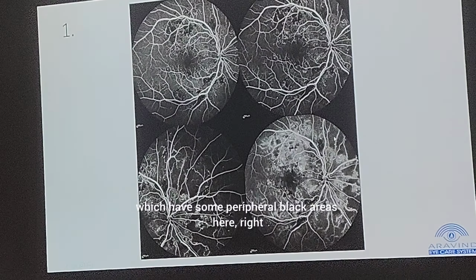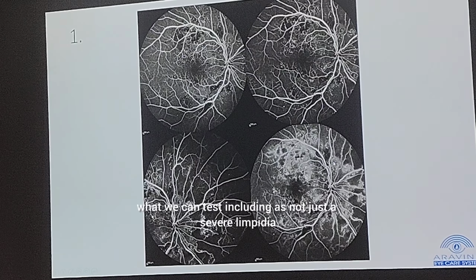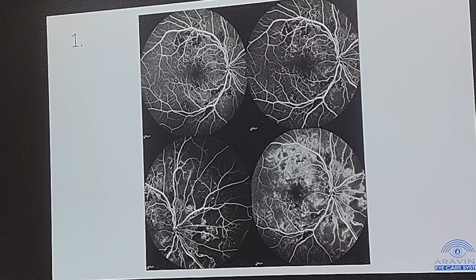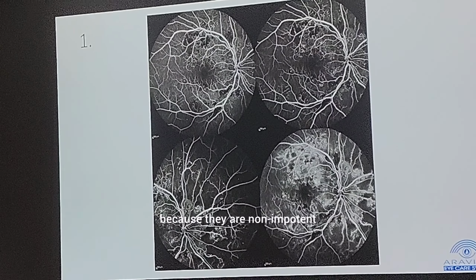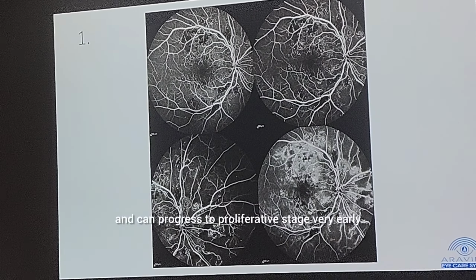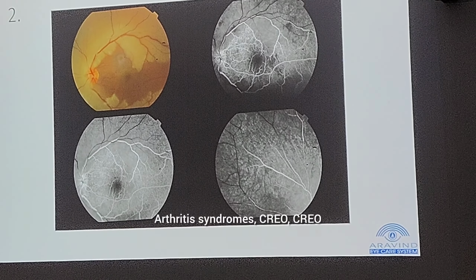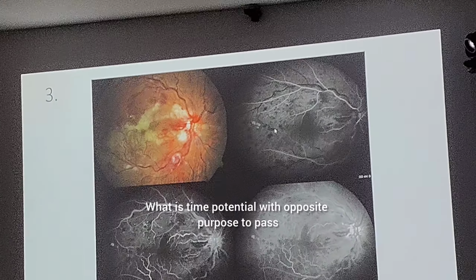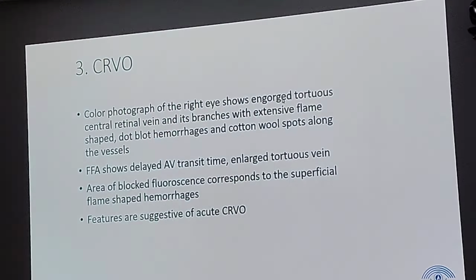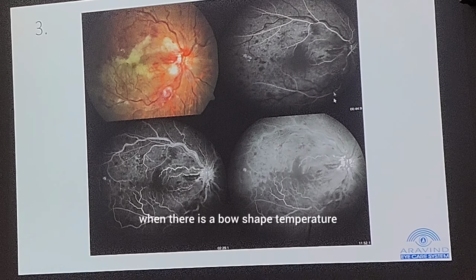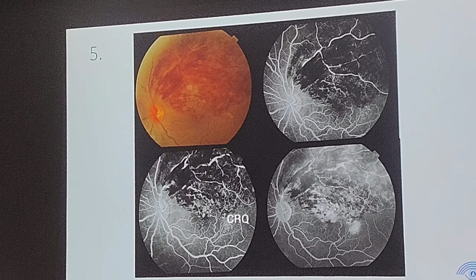These have some peripheral black areas here, right? It is neither a proper severe NPDR, nor a proliferative one because there is no neovascularization. So it is dangerous and can progress to the proliferative stage very early. Okay? Ocular ischemic syndrome, CRVO, all these pathologies. What does hypertensive retinopathy progress to cause? CRVO. Okay, these are hemorrhages known as boat shaped hemorrhages, you are able to see, right? So CRVO, yes. Okay, so BRVO,